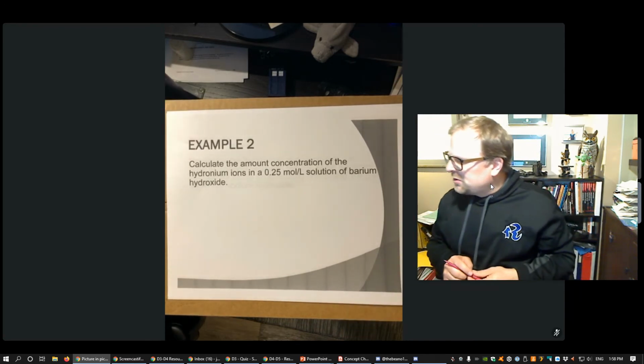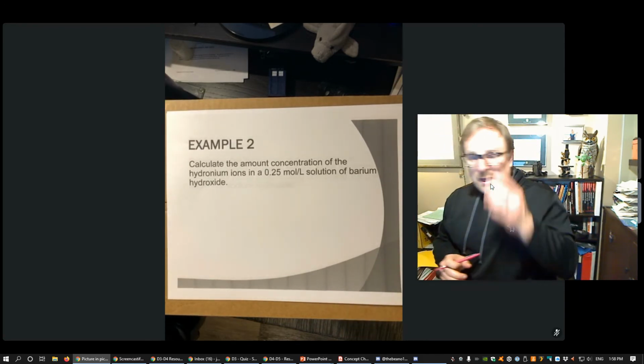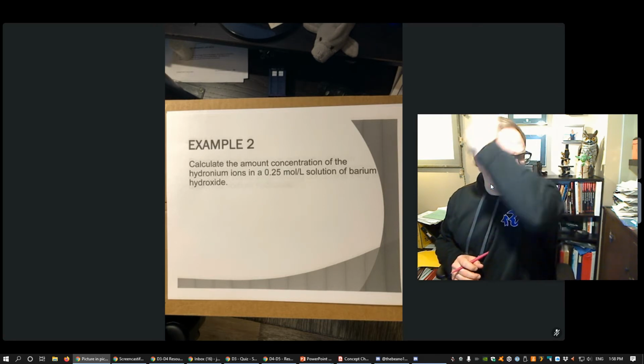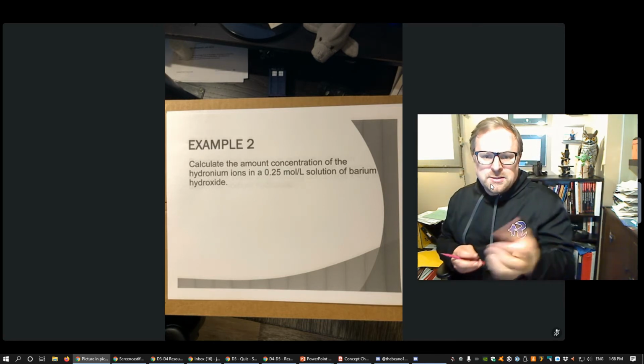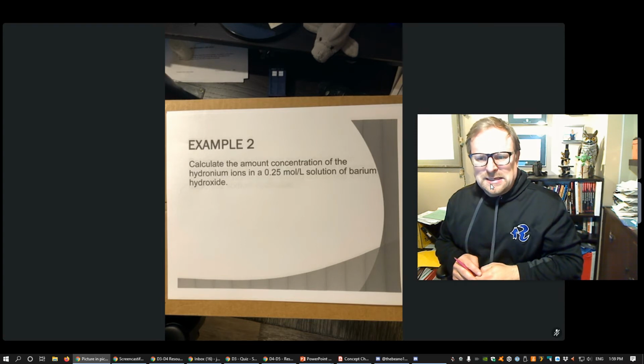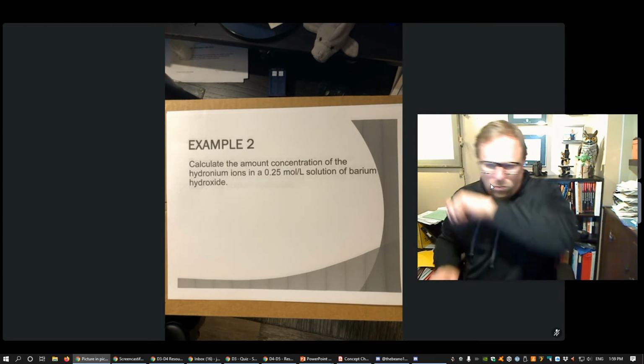Calculate the amount concentration of hydronium ions in a solution of barium hydroxide. Okay, so this one we can do relatively easily, but it's